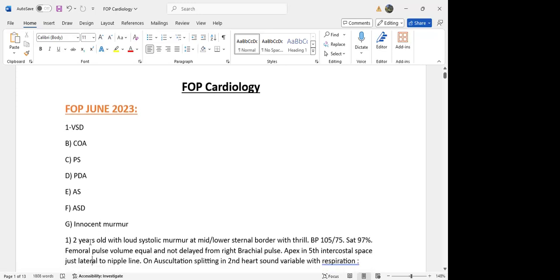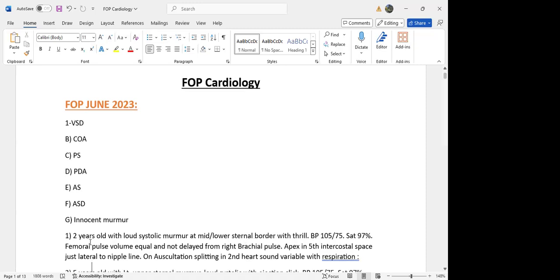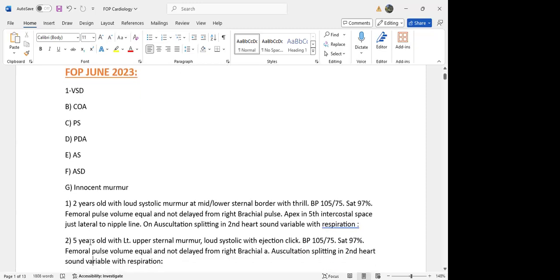Okay, so this is the first question, FOP Cardiology, FOP June. And these are the options in front of you. Kindly keep your key along with you. If you have any queries regarding solving these papers, you can ask directly, okay? So the first question is a 2-year-old girl with a loud systolic murmur at the mid lower sternal